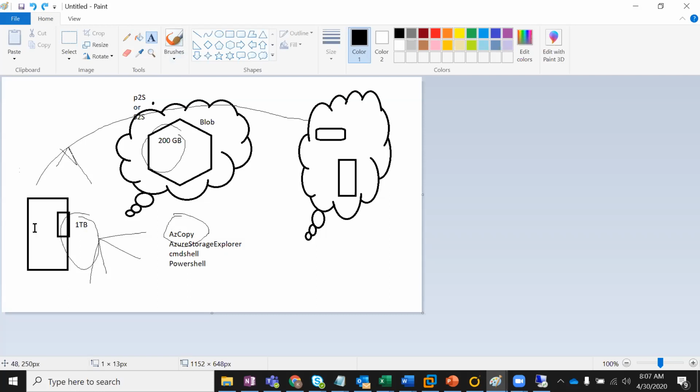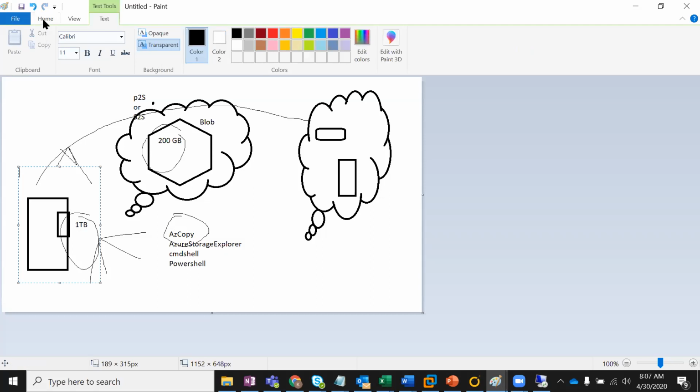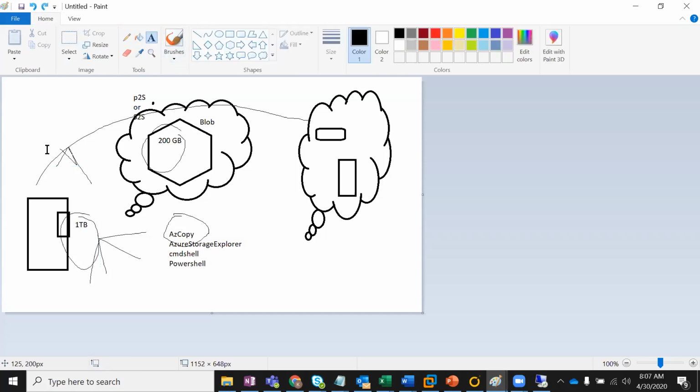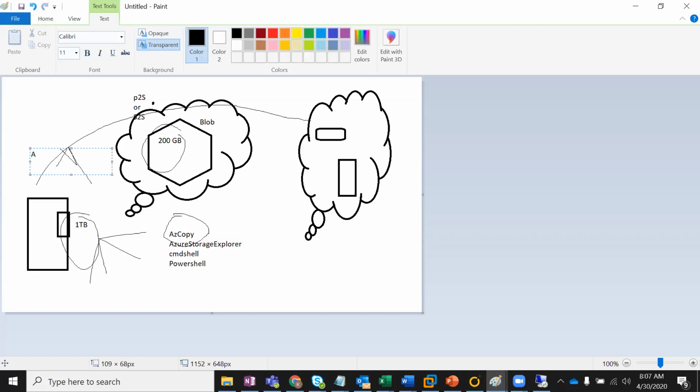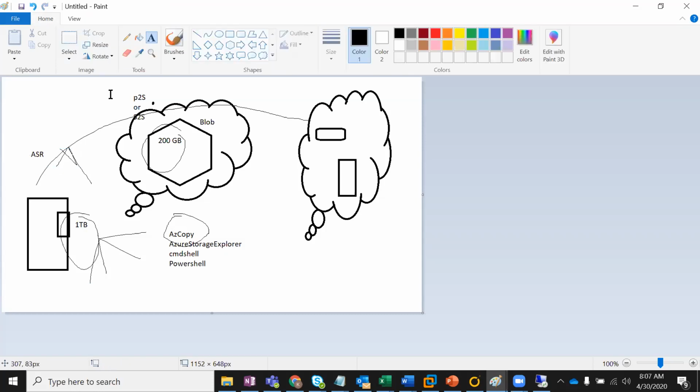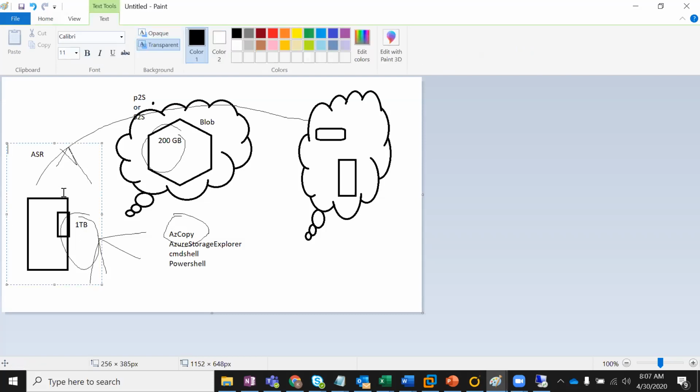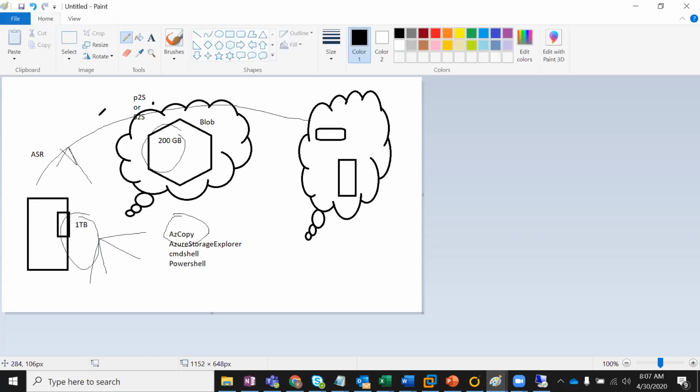The third case is that we can directly use the ASR method, the lift and shift method which we discussed earlier. ASR is Azure Site Recovery. You can take a snapshot at a particular point in time, move it into the cloud, and keep the synchronization at server level, file level, and database level. Whenever you require the cutover time, you just disconnect this one, and your server is available with the host name.